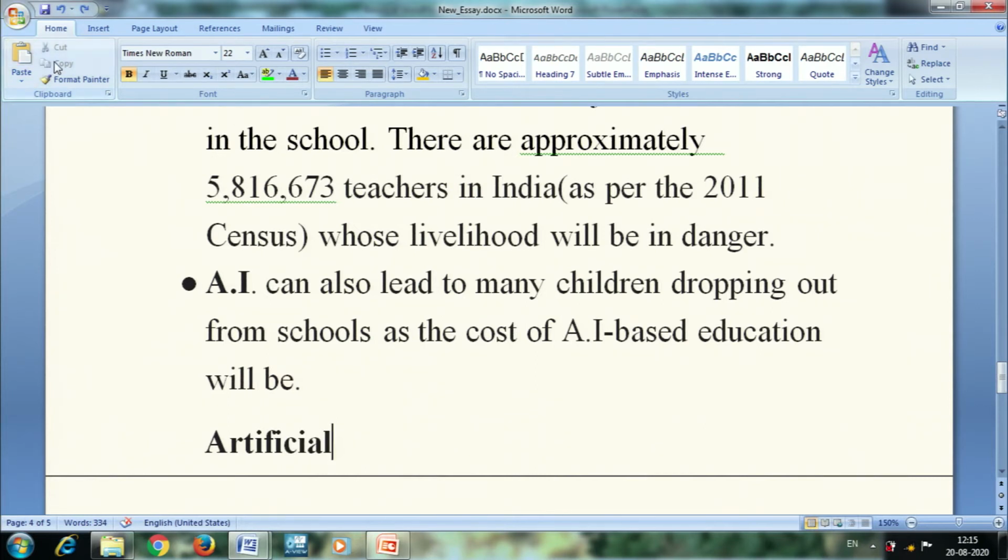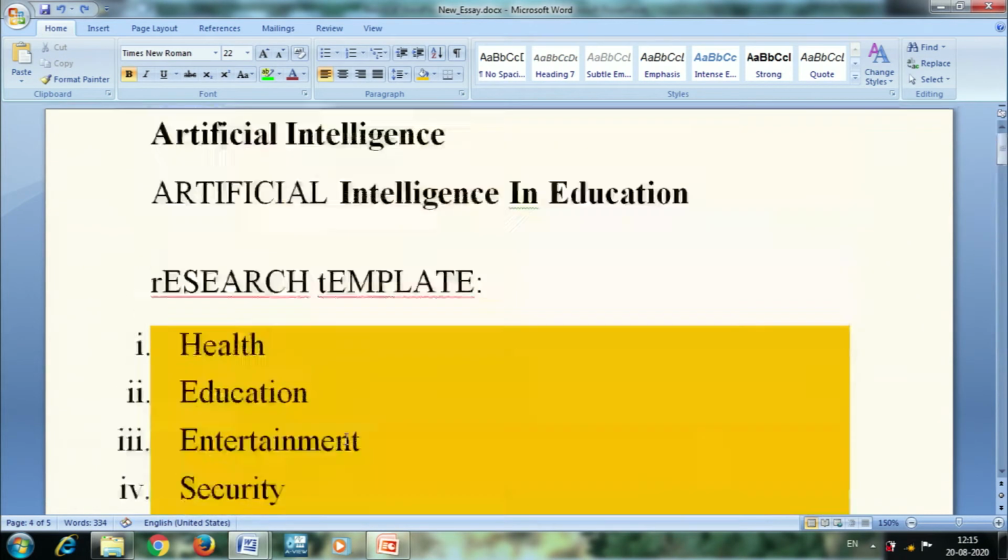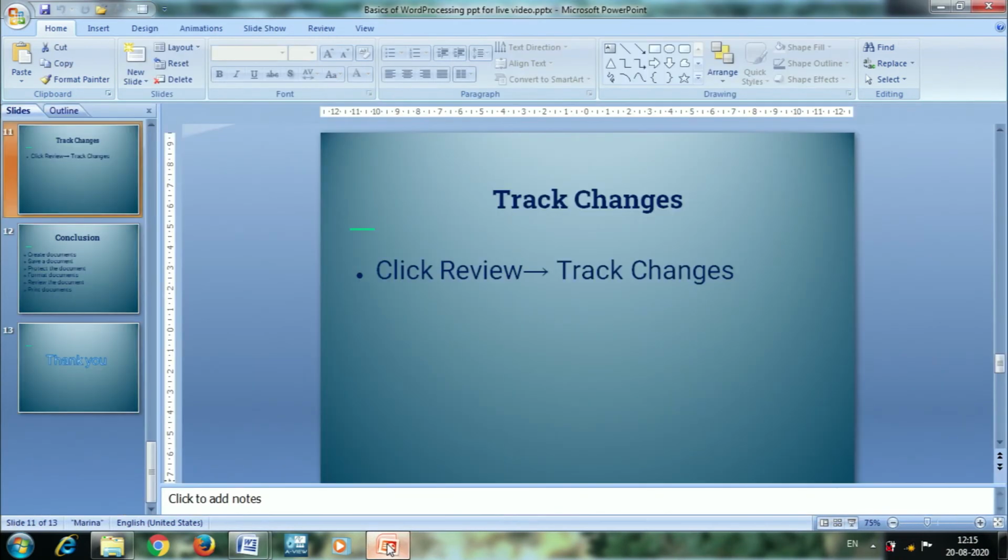I can do copy when I want to have the same information in many places, and I can use the cut option if I want to place the content in only one place. So with cut, the content or text moves from one place to another. If I use copy, the content will be in the original place as well as in the destination place. So we will go back to our presentation.